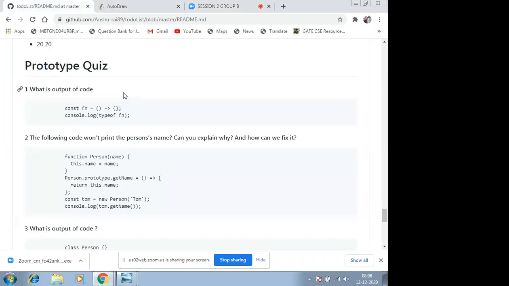Yes, Rahul. Hello. Actually, in JavaScript, basically, sir, no. This is not the question. First, what is the output of the last code? No. Okay. The question is what are prototypes in JavaScript? Actually, we are using prototypes for inheritance.